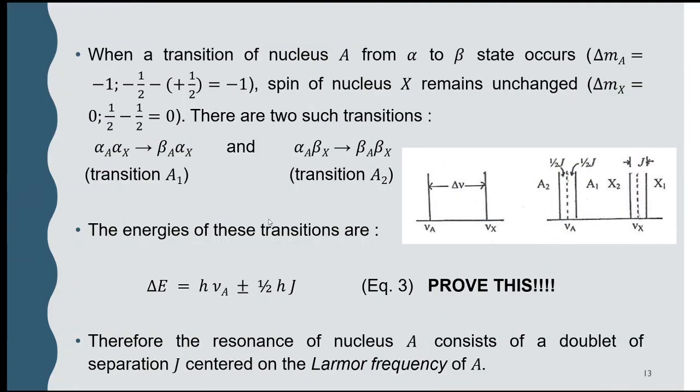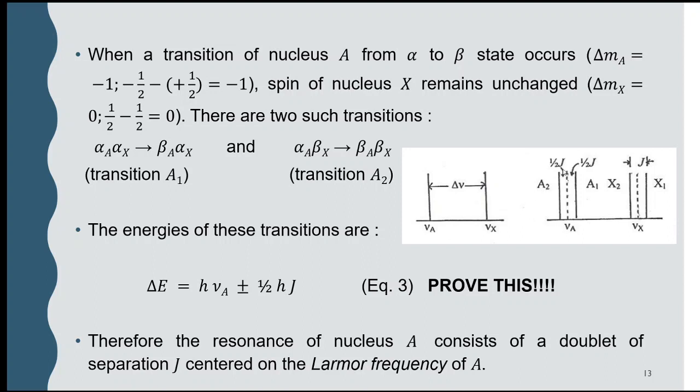You will find that the energy difference is h nu A plus minus half hJ. Because of this plus minus half, the resonance consists of a doublet, separated